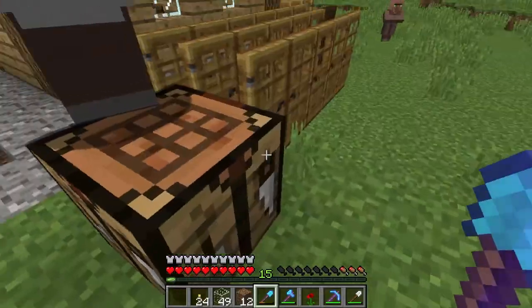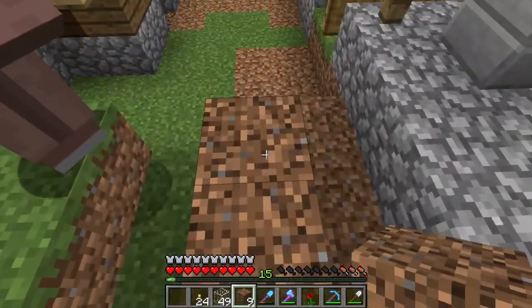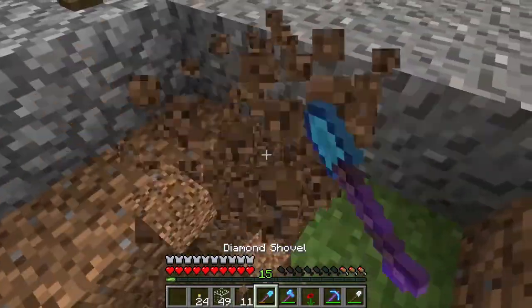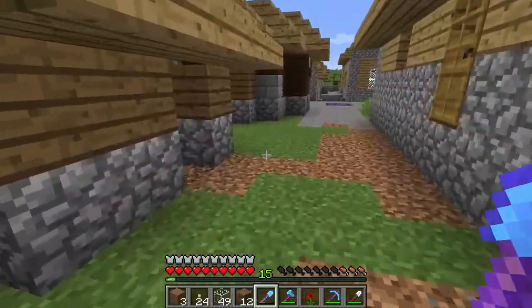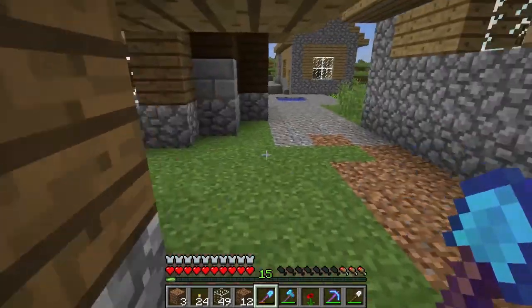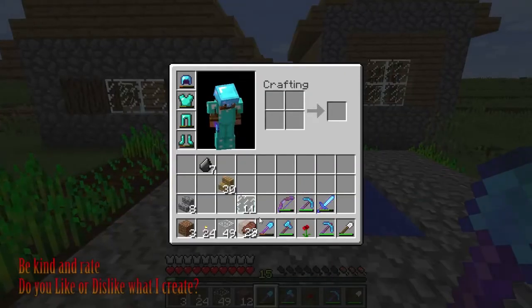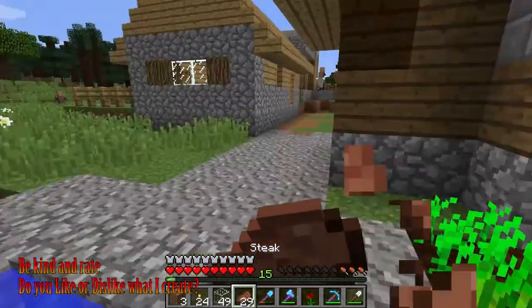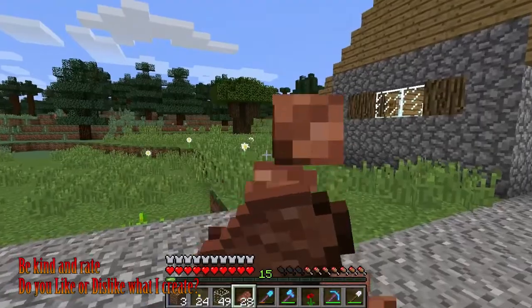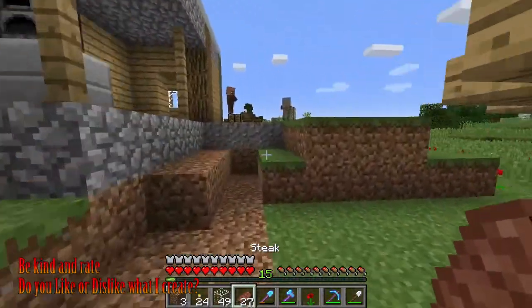And I have to say, I'm probably going to use this a lot. I don't really like it for roads, but I do like it for the inside of houses because it gives it a nice, dark, gross dirt floor look. So, yeah, we're gonna use that. I'm gonna try and build a farm over this way for these guys, and that way they can